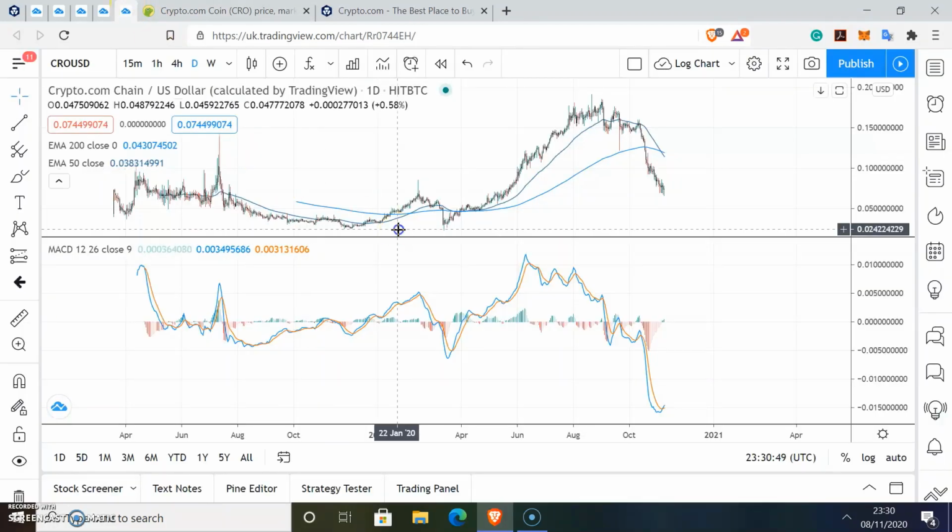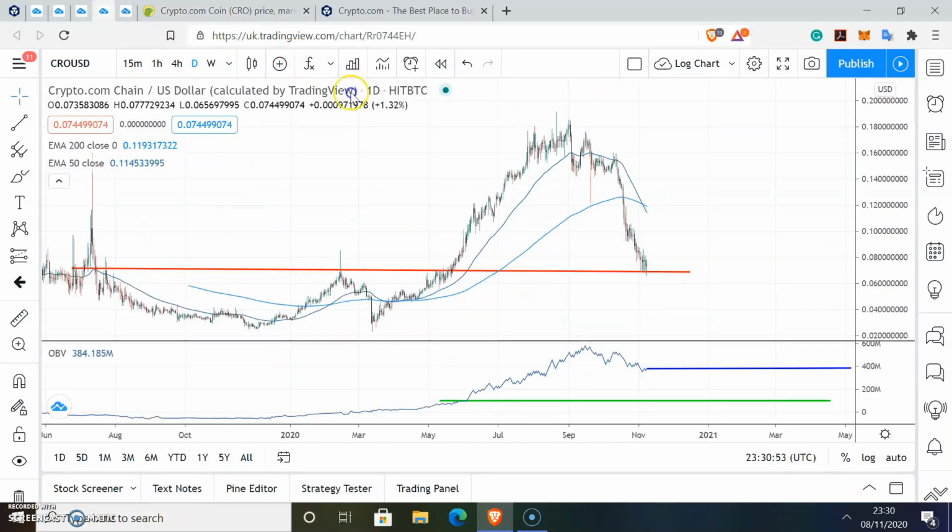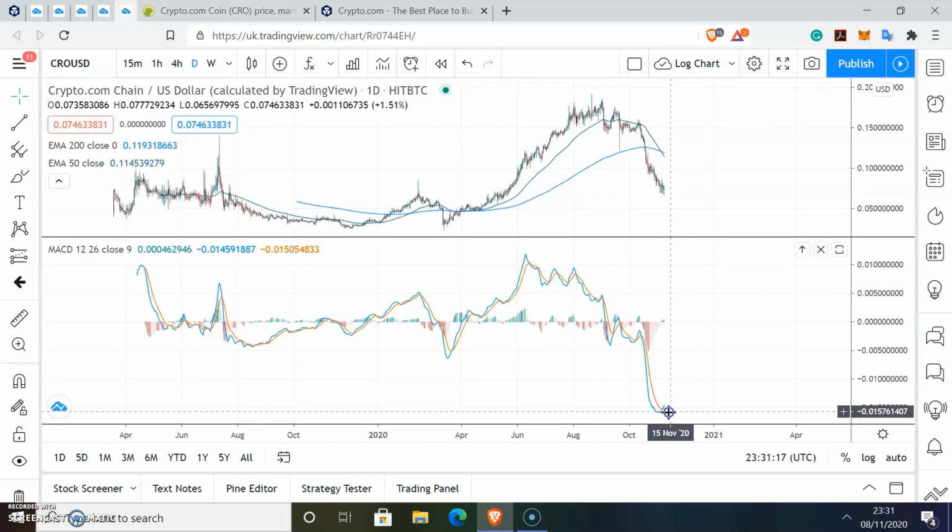I'm also going to look at the MACD as well, because that also tells us an interesting picture. If you notice on 2 of these charts, we have these 200-day and 50-day EMA crossovers that are happening at the moment. That is a bearish signal, which is why in the short term I am quite bearish on CRO temporarily. I think between now and Christmas we should see it correct down to the 0.05 US dollar level that I have previously mentioned. But we have this bullish indicator, and we also have this bullish indicator, which is the